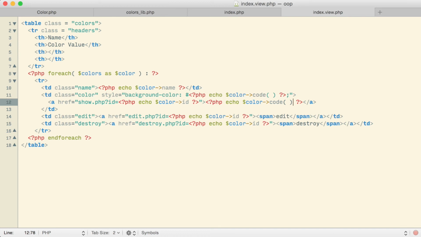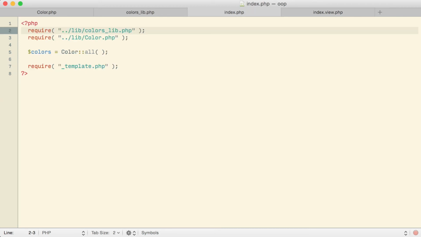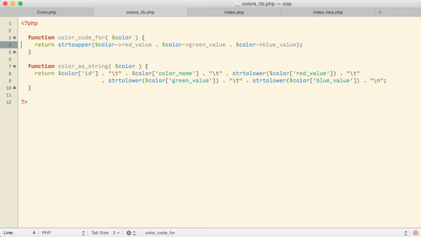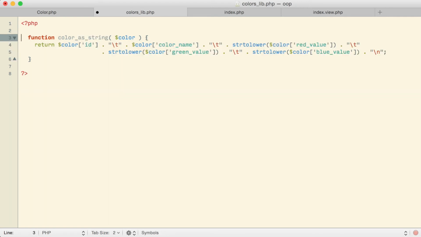So in the index page, when I call the code function for a color, I should get back its red, green, and blue values as a single string. That should then mean that in my color lib file, my color code for function can go away. So let me go ahead and wipe that out. If I jump back over and look at it in my browser at this point,